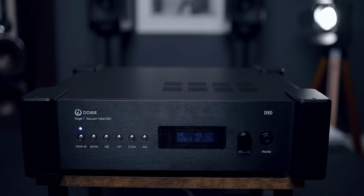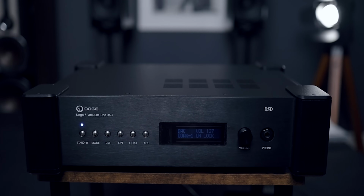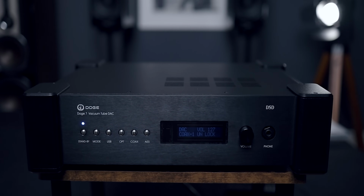The next day, the day after, you keep listening, and every music you play just sounds so natural, so organic, so large, so to scale, that it freaks you out and gives you goosebumps on the back of your neck. That is exactly what I got when I switched nothing from my system but the DAC to the Doge 7 DAC. But going into the individual elements, I found the bass to be extremely tight and controlled and